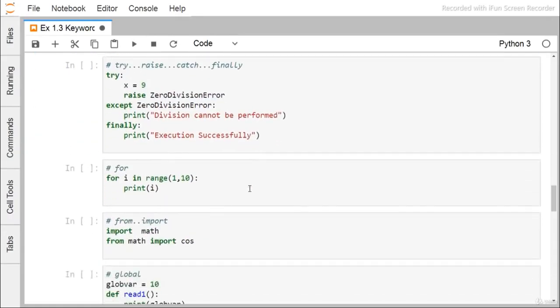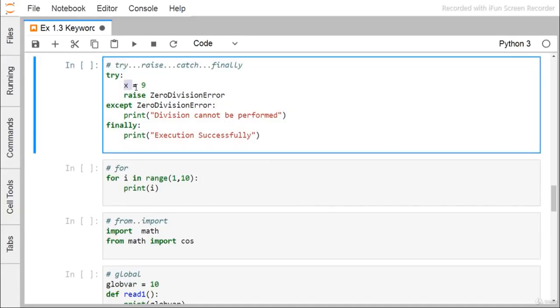Next we are going for this try, raise, except and finally. So these are the very important keywords. So under the try you will be writing so many statements. We can write a block where we are expecting some errors may be raised. So errors may be raised during the calculations or computations. Otherwise, we can also raise our error if I require to do so. Here one error we have raised, that is a zero division error. So after this, except this zero division error has been mentioned, so you are going to handle the erroneous condition